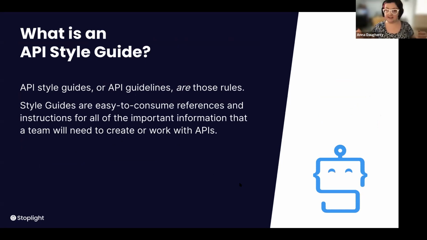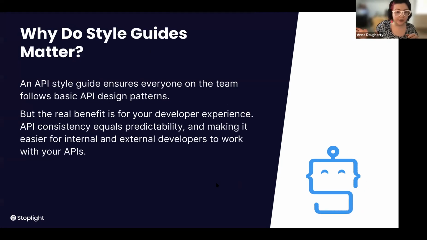So how do you achieve consistency? We know from really great trusted people like Arnaud, the API handyman, Kin Lane over at Postman, everyone's talking about this, which is style guide. Our own Jason Harmon, the CTO at Stoplight, he's so intimately familiar with a style guide. It is the guideline that sets out those rules that we talked about. They should be easy to consume, and it should be a set of instructions that anyone in your organization can follow when they're making an API. It's that simple. But what should it include, right?